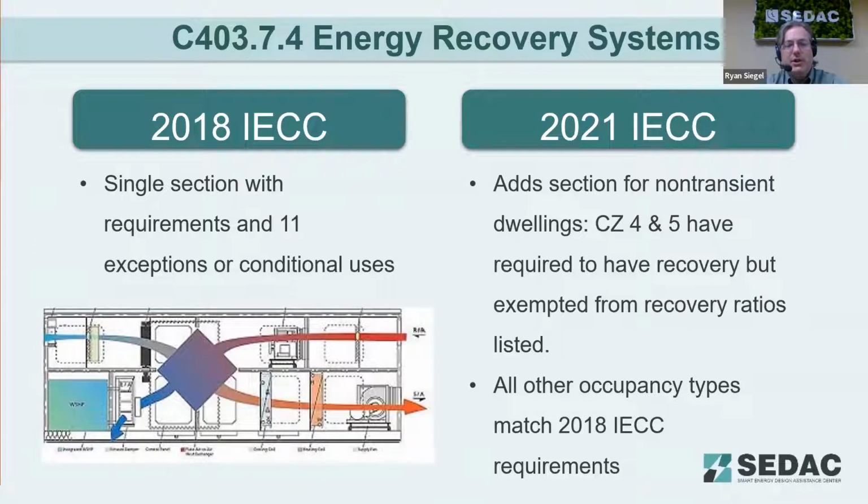Also adding some more energy recovery systems. Previously it was just a single section, and then 11 exceptions were within that. The IECC really tried to pull this apart and help guide people as far as non-transient dwellings need to have energy recovery, but they have kind of worked on that as far as that recovery ratio. And so that's something that the 2021 IECC has pulled out, is that non-transient dwellings,